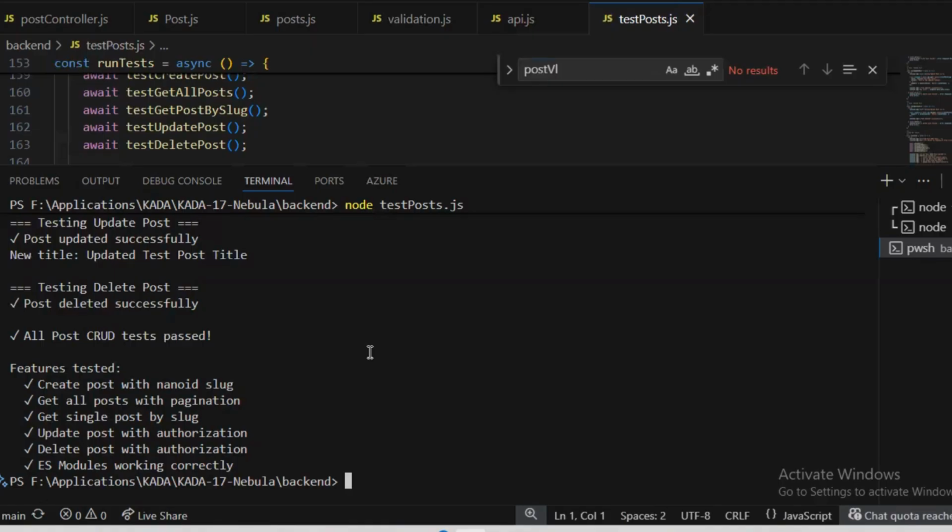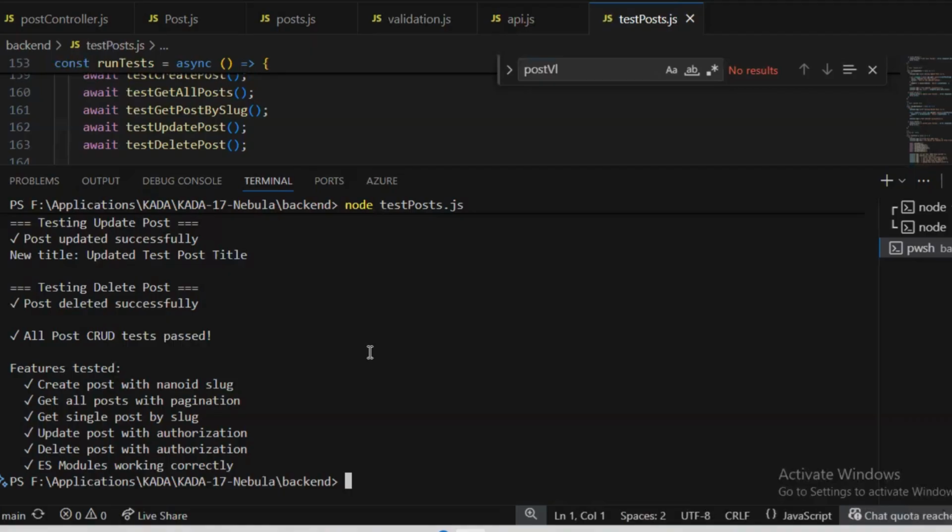The Nano ID implementation will provide consistent, clear identifiers across both user tokens and post slugs. Database design supports the workflow. User authentication fits into post authorship, while email verification will ensure the legitimate user.